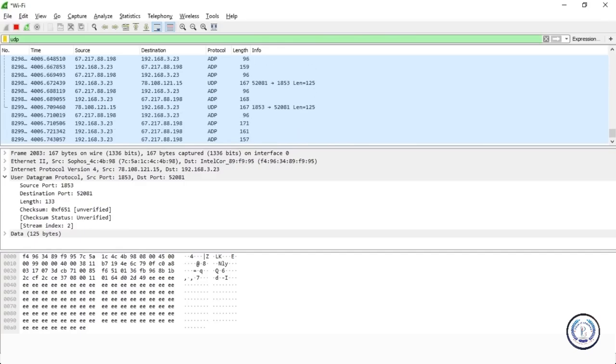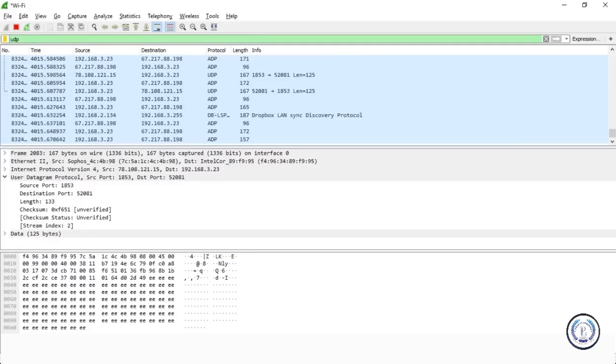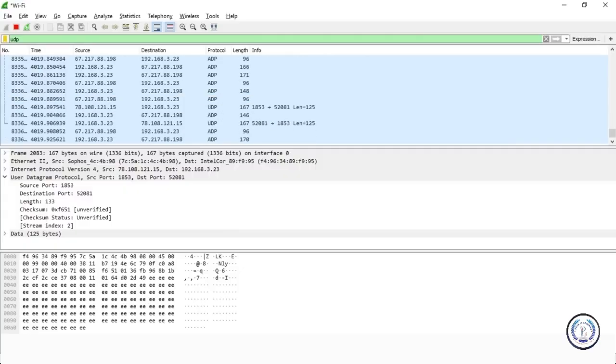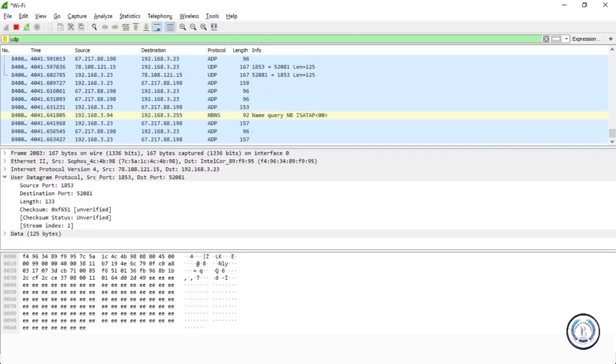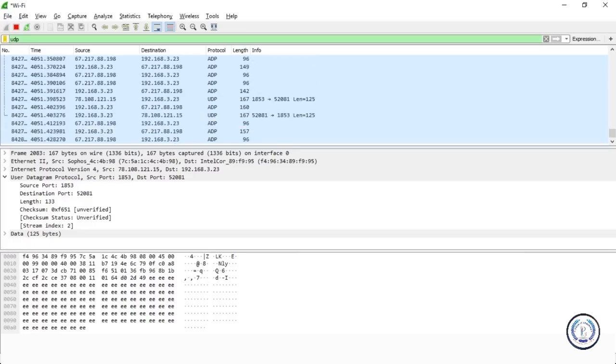UDP is a transport layer protocol. UDP stands for User Datagram Protocol, and it's often called connectionless or sometimes unreliable. Now, unreliable doesn't mean that you can't rely on it. Unreliable means that you can't trust that what you send is reaching the other side. What that actually means is that there's nothing in the protocol that guarantees that the datagram or the packet that you send is going to get where you want to send it. The protocol has no safety feature like that. So you shouldn't use UDP if you want some sort of safety net, and if you needed that, you would have to write it into your own application.